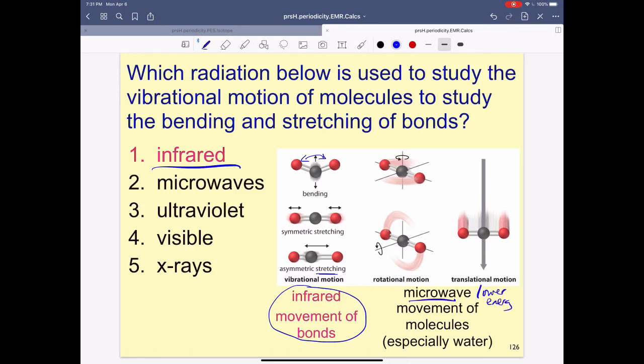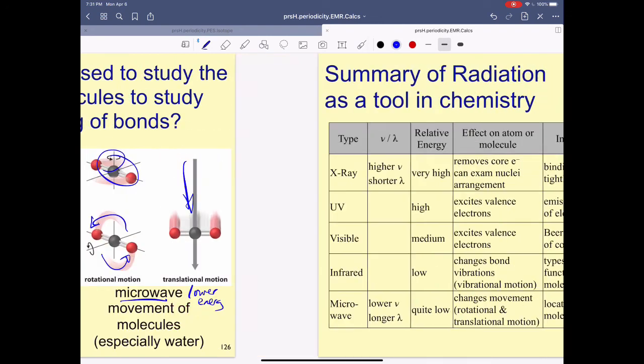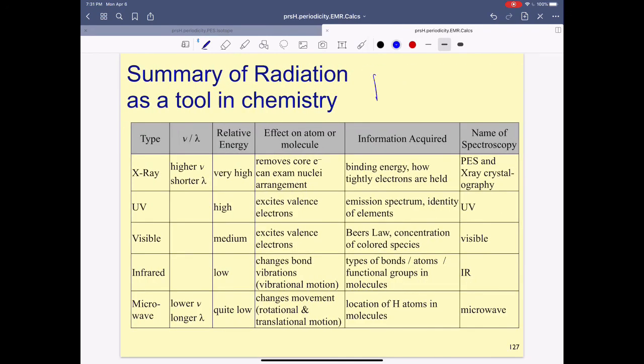microwave, is simply the movement of molecules, whether they're twirling around, moving along, twisting in this manner or that manner. And you know that from heating water in a microwave. It so happens that water molecules in particular are very susceptible to the same frequency as the microwaves are, and that's why we use it to heat our foods. And lastly, this summary